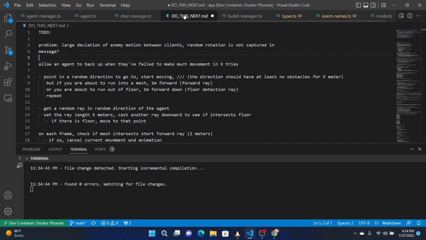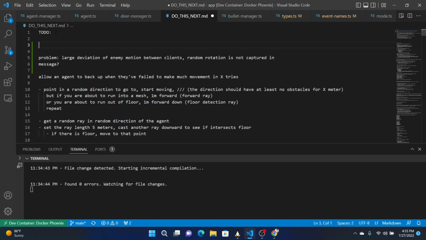And the algorithm. So the algorithm right now is just pointing in a random direction, and it just starts moving. And then it's kind of poking. Can I go here? Can I go here? And I think we need to be more discerning with our messages. So our new algorithm should be